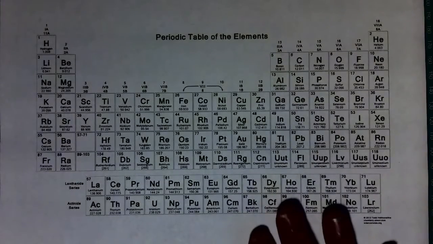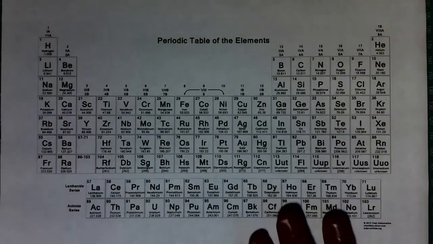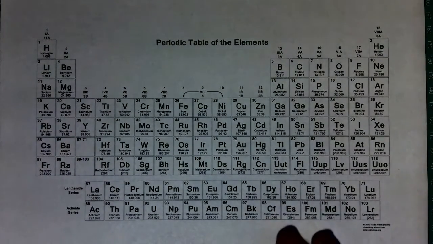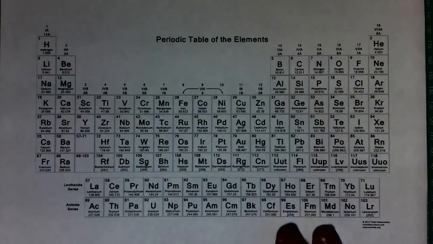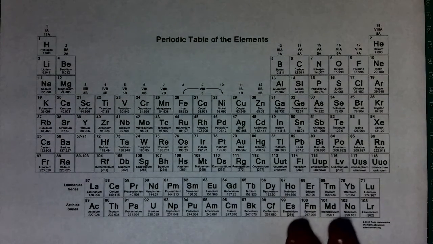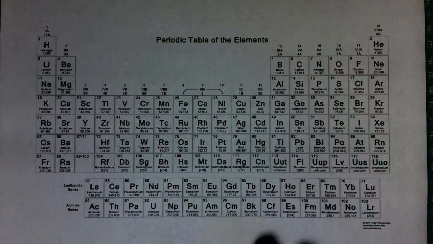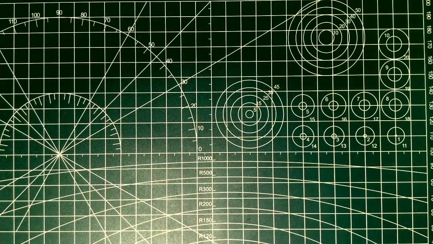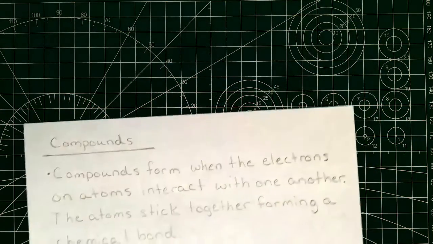I said that all matter is made out of atoms, and that each individual different atom makes up an element. But obviously there are more forms of matter than just what are on this table. So how are we getting to those other forms of matter? In order to do that,